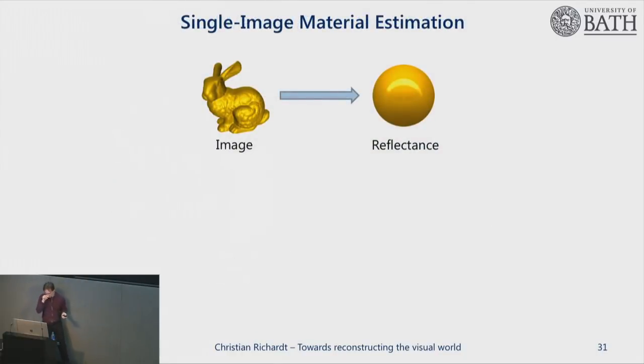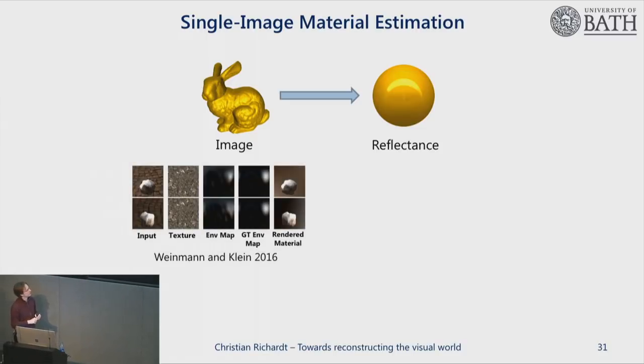So the problem that we wanted to solve is to reconstruct the material. We don't want to reconstruct the geometry or the lighting necessarily. You'll see later on that the lighting actually falls out if you have some extra information. But the geometry, we don't reconstruct that. That's quite challenging from a single image. What we want to do is attack a different angle that hasn't seen too much work. That is to reconstruct the material only, regardless of the geometry and the lighting. So